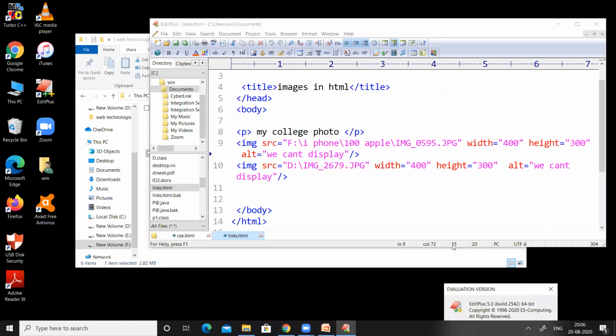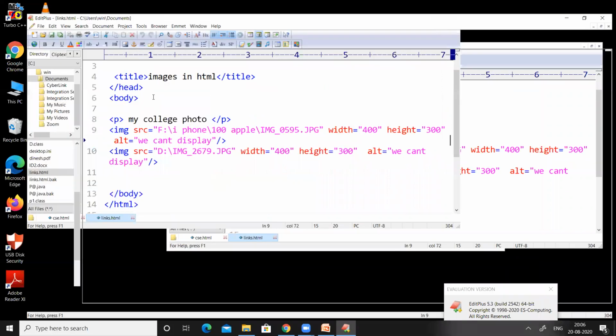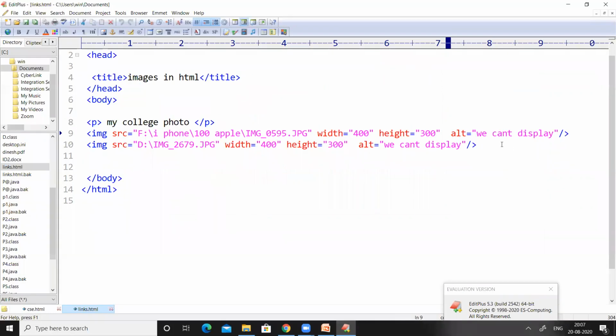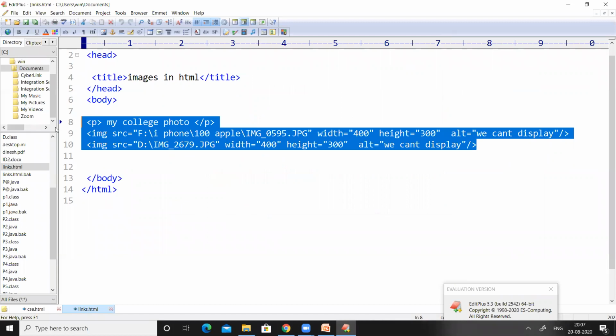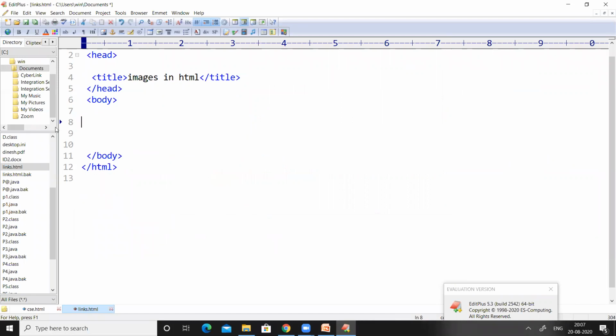So this is the program which belongs to the last session. Now I am deleting all these things. Today our title is list in HTML. We have three types of list. Let us work with the first type of list.